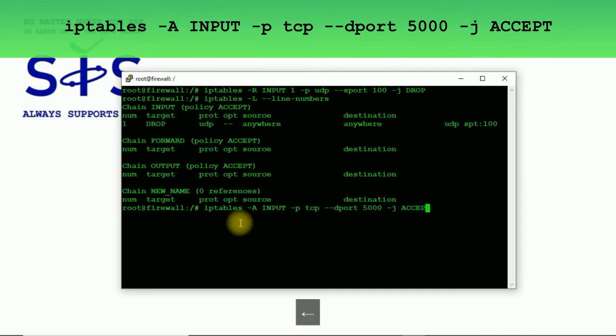But if I type this kind of rule like here, I'm going to add it on the bottom.